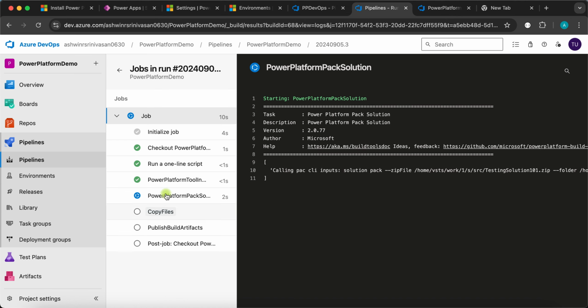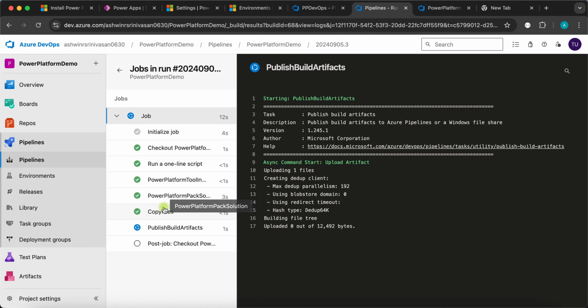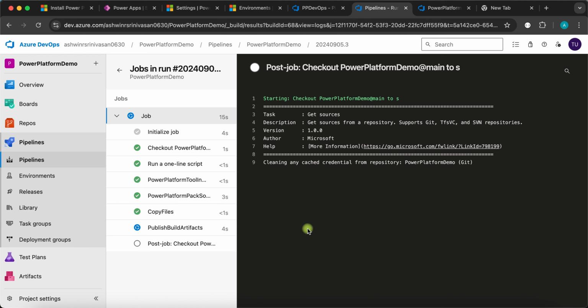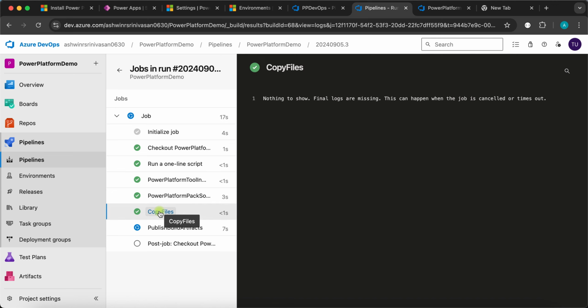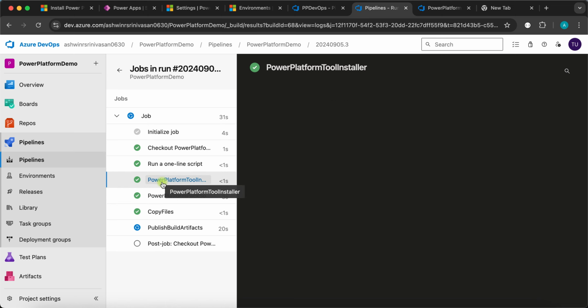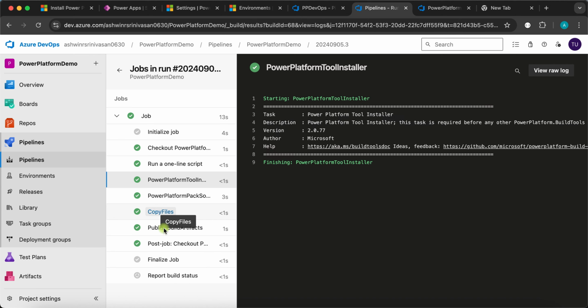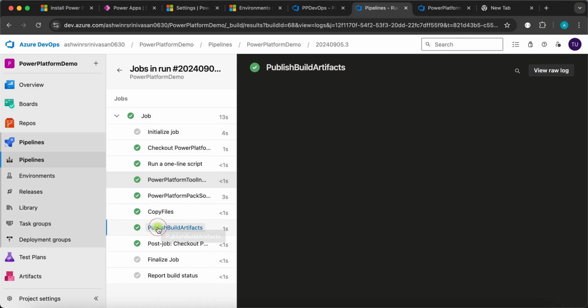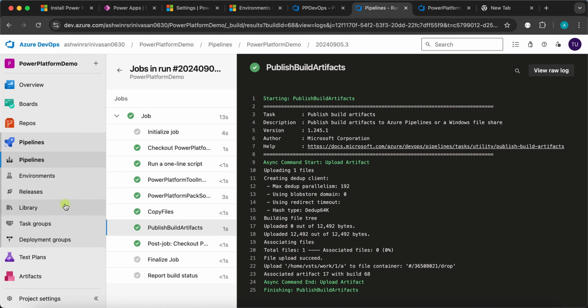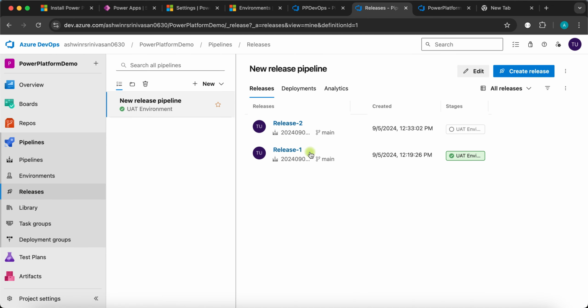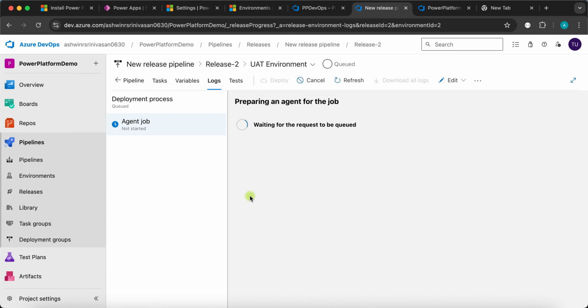Okay, so everything is getting done. So we have premium cache credentials. Let's look at the files. Awesome. So this is completed. So it found again one file. Now let's head to the releases, and our release would be running. So we can see it is running now. And if we open the release pipeline,